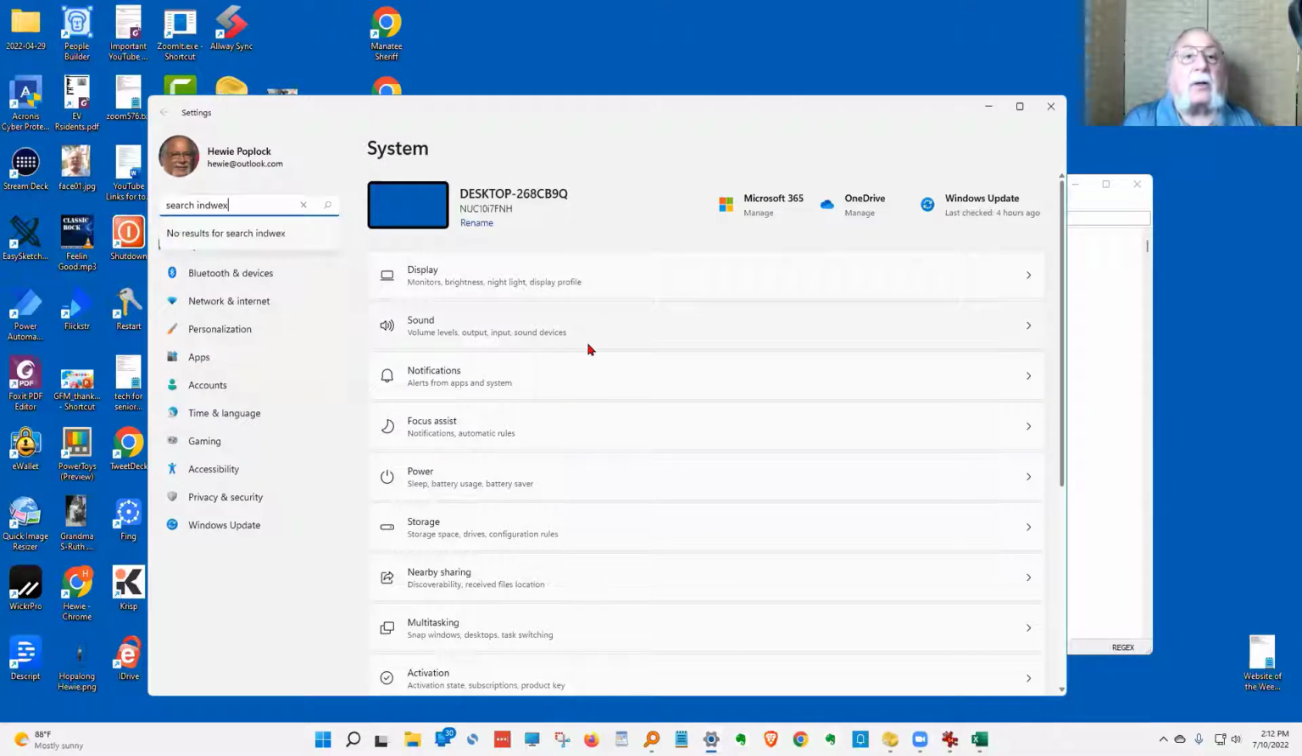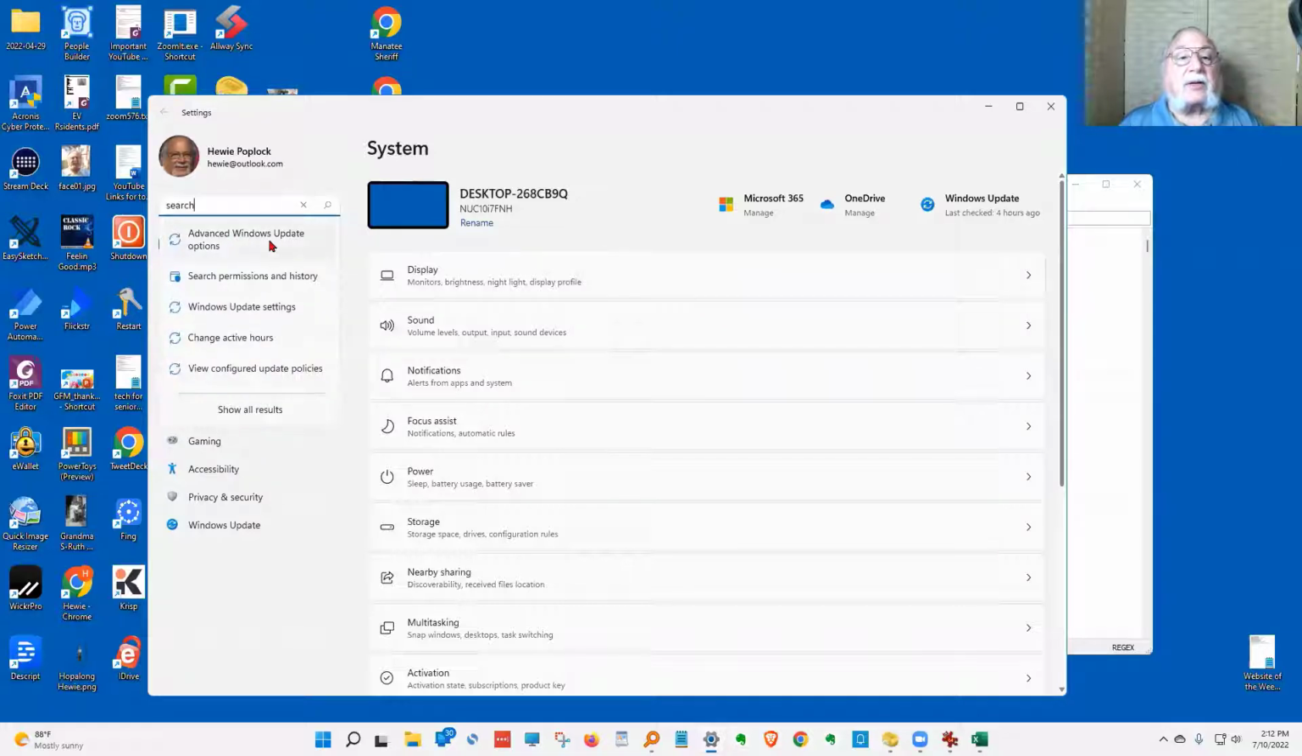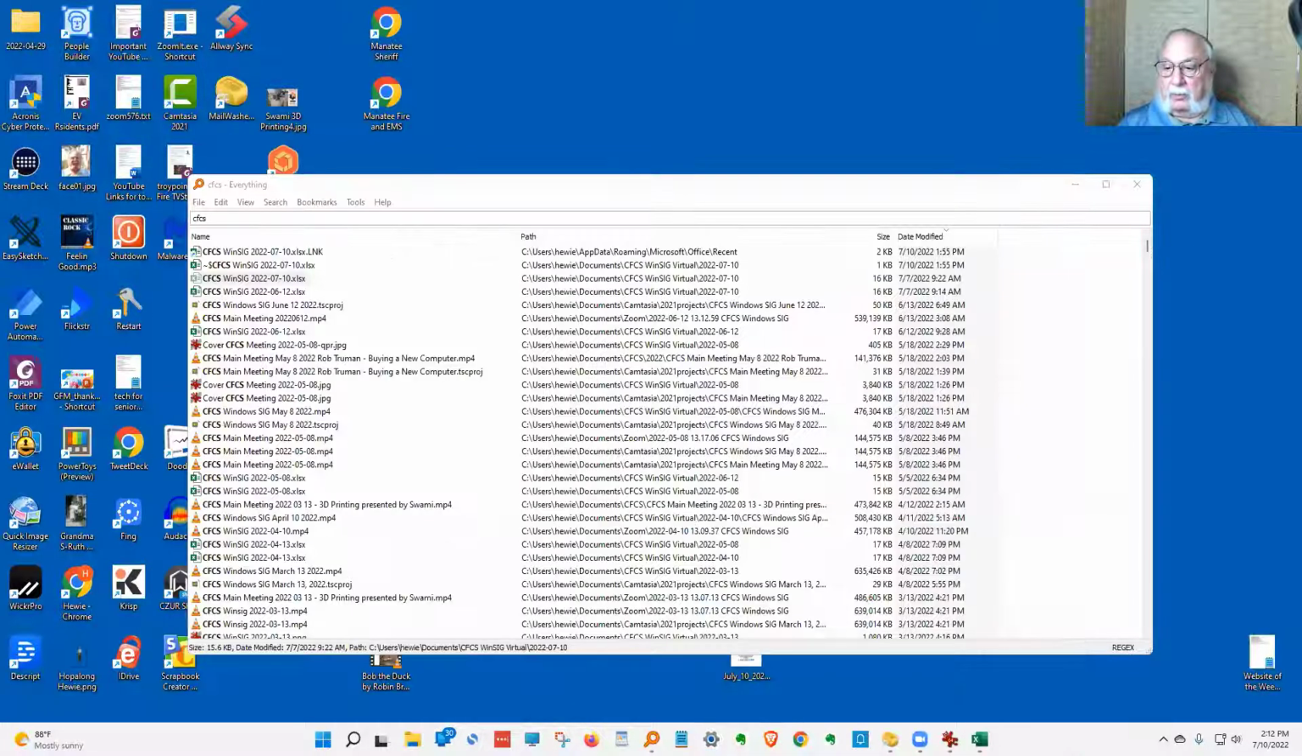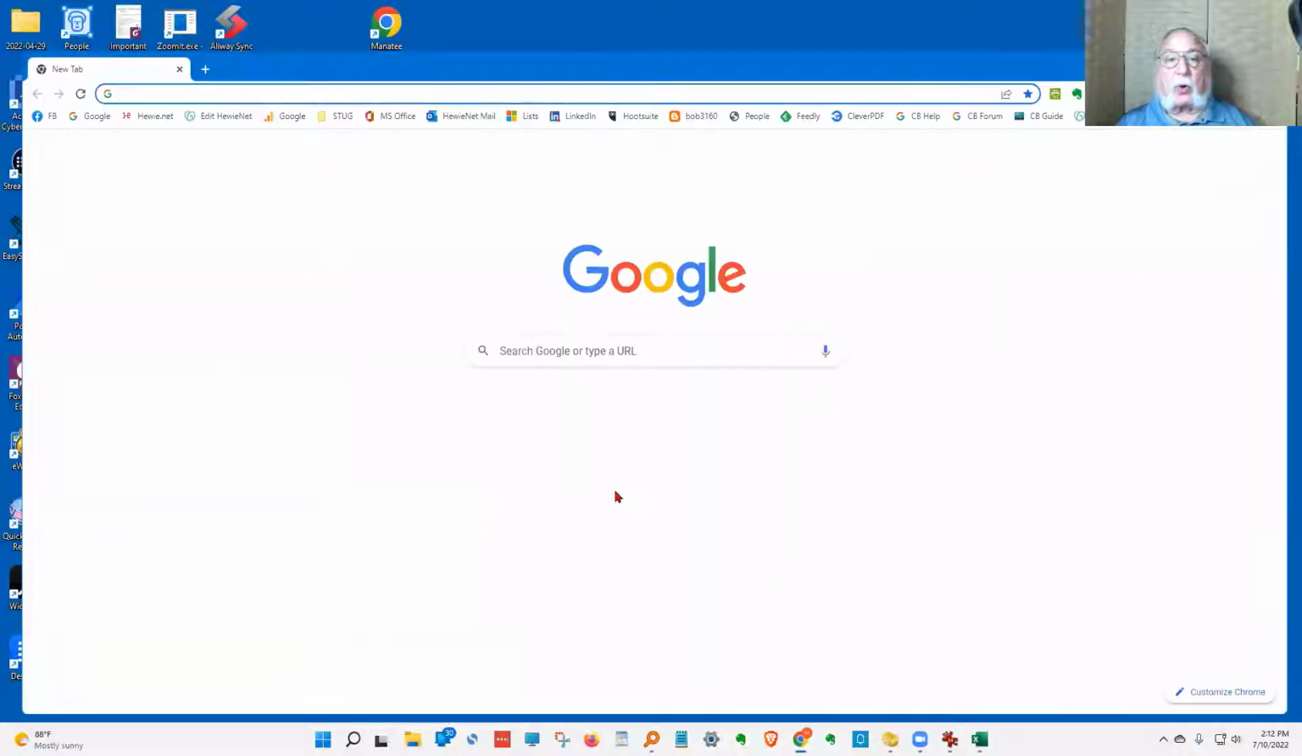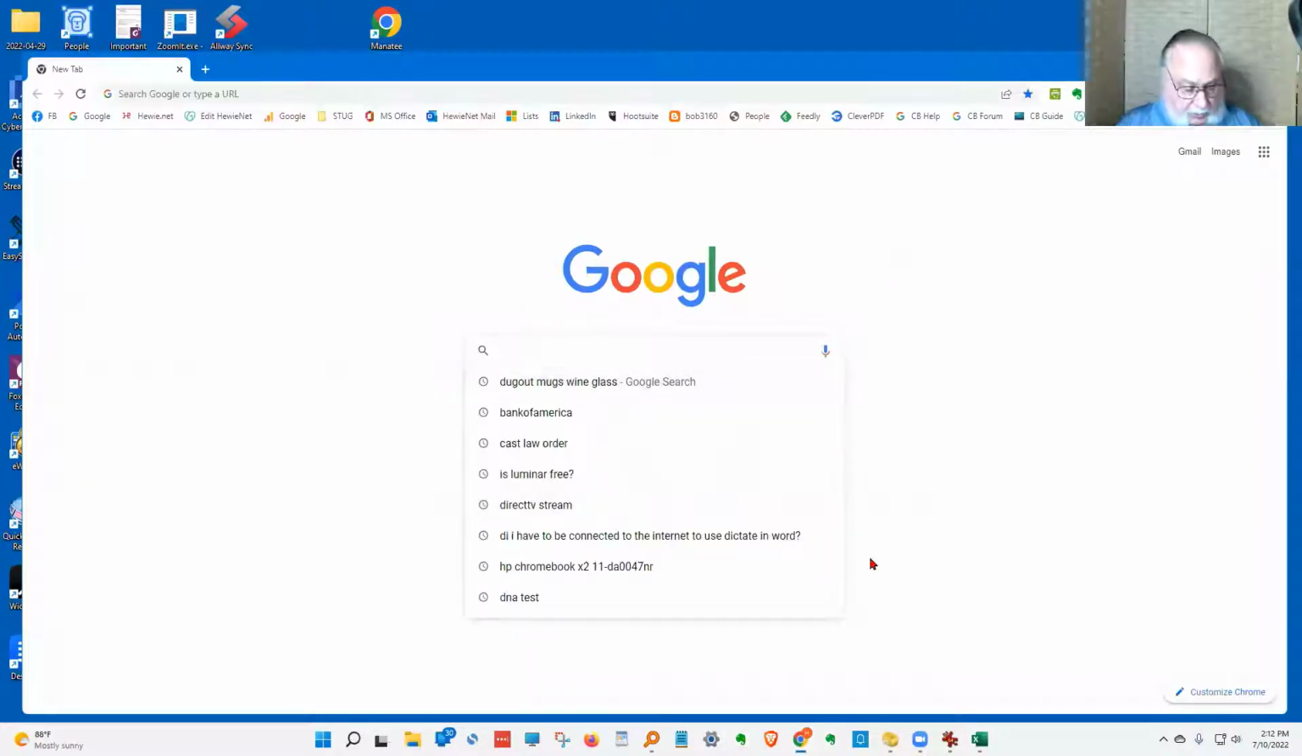Let's see if that, all I gotta do is learn how to type. No result on search indexing. So let's find search. Advanced Windows update options, search permissions and history. Windows update settings. View configured update policies. So when that doesn't work, I probably can find it in that article, but I'm not sure where. And instead what I do is,